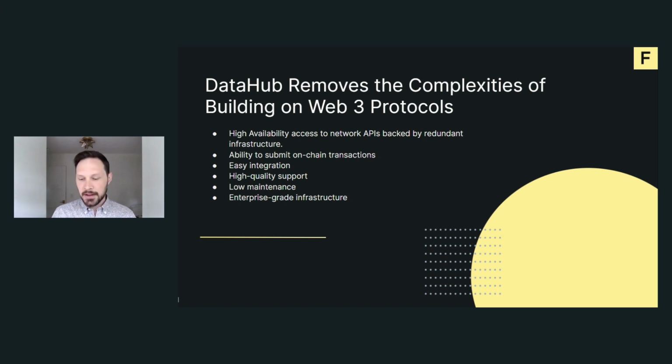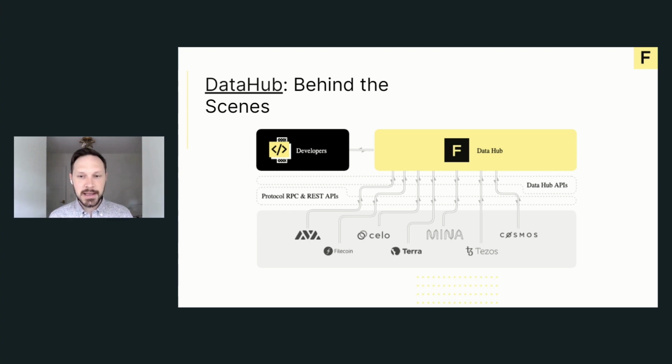today. Some people ask, how does it actually work? What does it look like behind the scenes? A quick peek into that is that we have developers coming through DataHub, and really the fundamental abstraction here is an API gateway across a bunch of different nodes and services. And I'll go into a demo in a minute, but I just wanted to share that a lot of people ask, what's actually happening here. This is a very high level view of how it looks, but I'll get into a much more